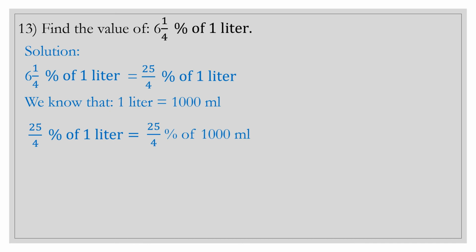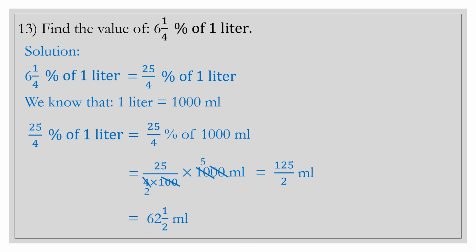First, we will replace the percentage and divide by 100. That is 25 upon 4 multiplied by 100. Next, replace the word of with multiplication symbol. Then write 1000 milliliter as it is. Now simplify. Cut 20 by 20. See, 4 and 10 both are divisible by the same digit 2. So divide. 2 2s are 4 and 2 5s are 10. Now it cannot be further divided. So do the multiplication. We get 125 upon 2 milliliter. And if we divide 125 by 2, we get 62 1 upon 2 milliliter.